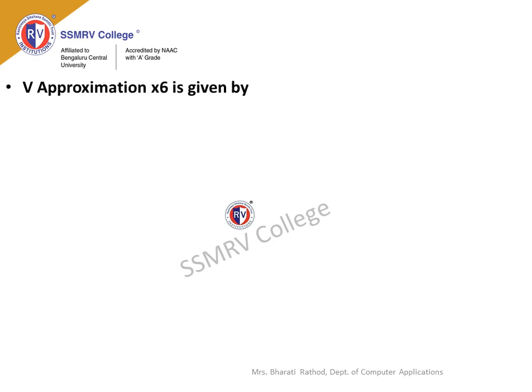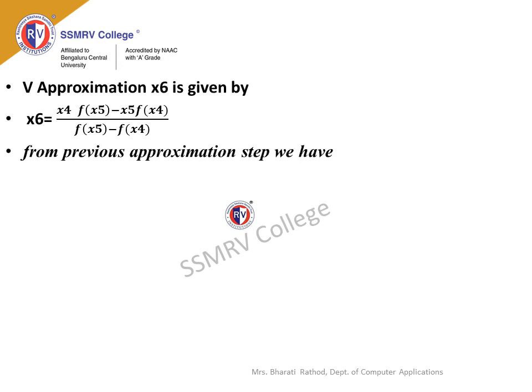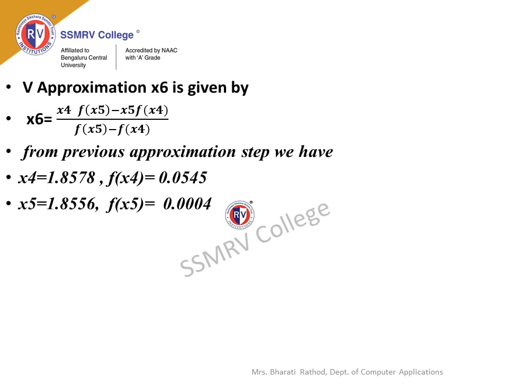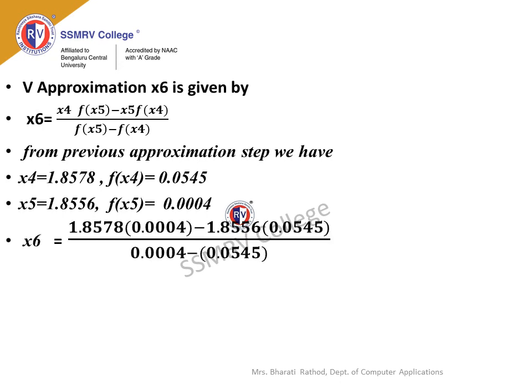The fifth approximation x6 is given by x6 equal to x4 into f of x5 minus x5 into f of x4 divided by f of x5 minus f of x4. From the previous step, we have the values of x4 and x5, and we also find f of x4 and f of x5 and substitute in x6, the approximated root. We get x6 equal to